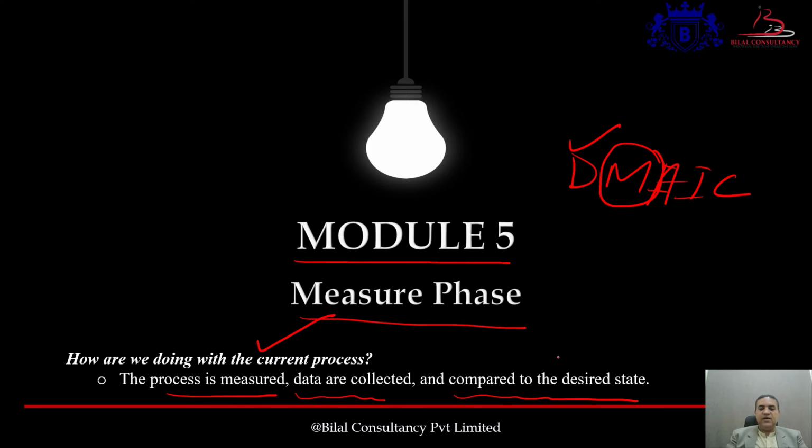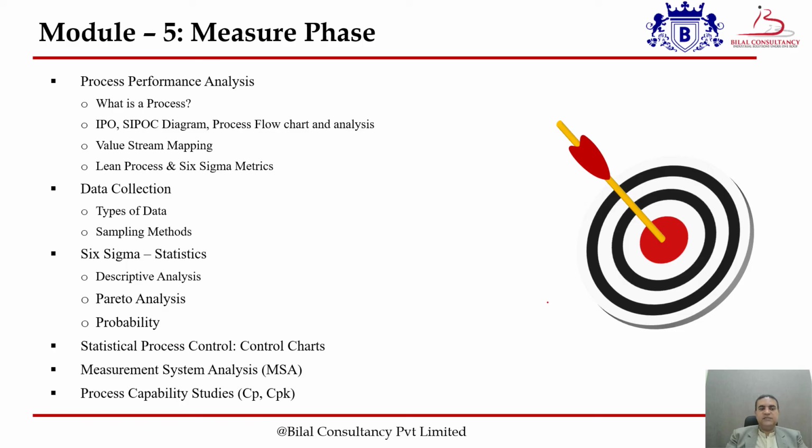In order to do that, first of all, we need to collect the data, and the second thing, we need to calculate where we are standing right now, such as what sigma level we currently have, what cycle time we currently have, what lead time we currently have. So we have to quantify all those things. For that, we are going to discuss firstly the process performance analysis,